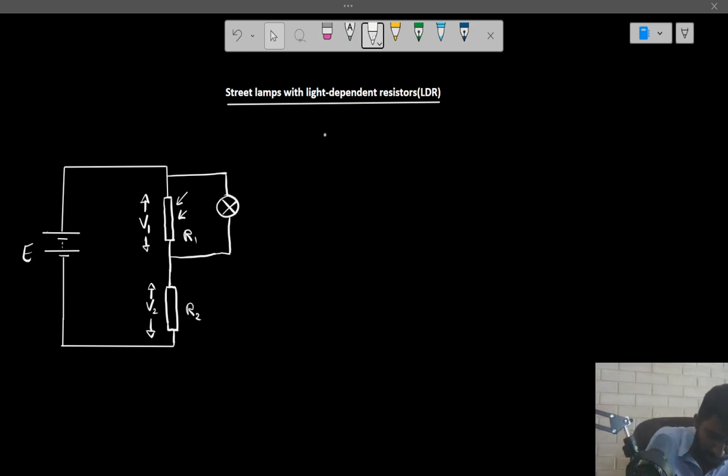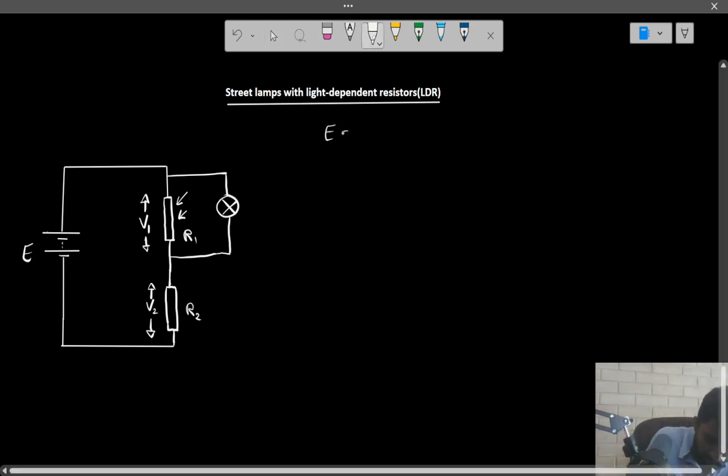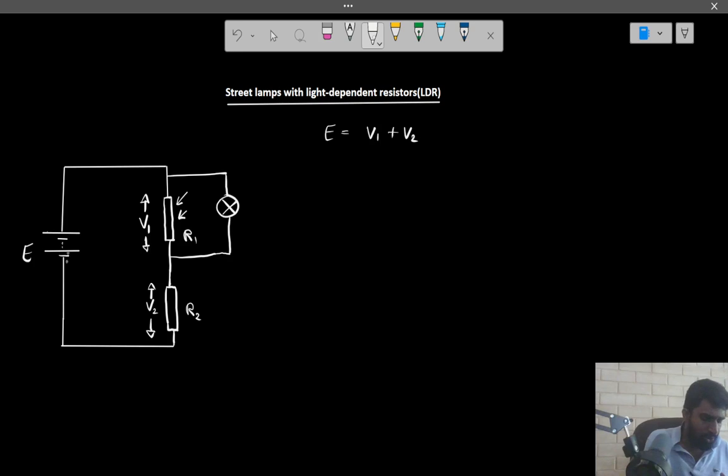And again, you must know the previous equation that I told you: V1 plus V2 is constant, equal to the EMF of the battery. It is constant. So if V2 decreases, V1 increases, or if V1 increases, V2 decreases. Okay. Now, during daytime,